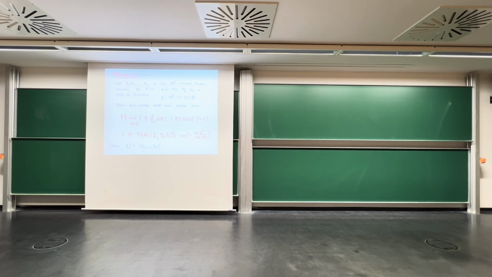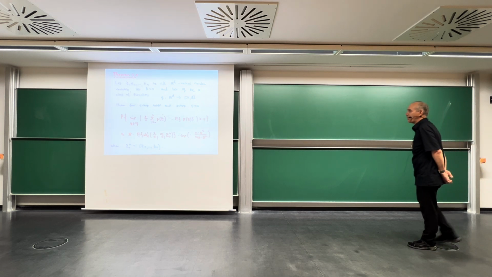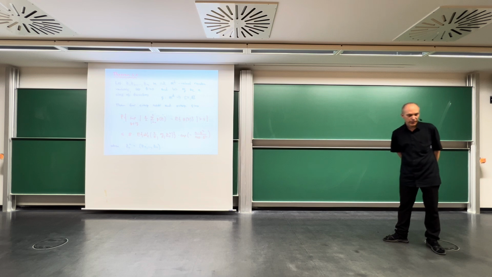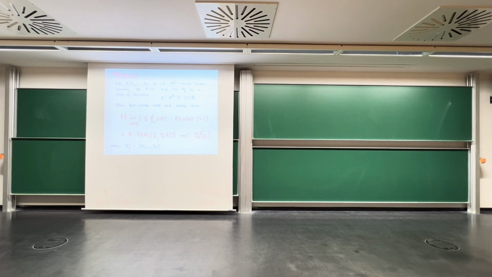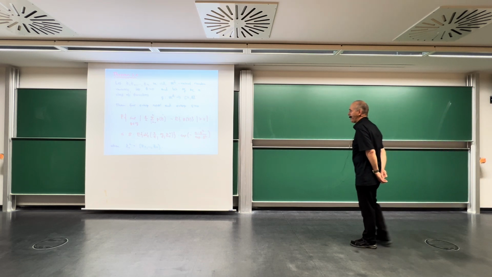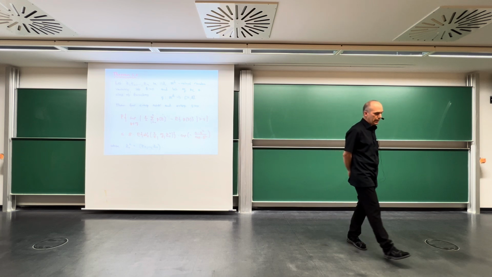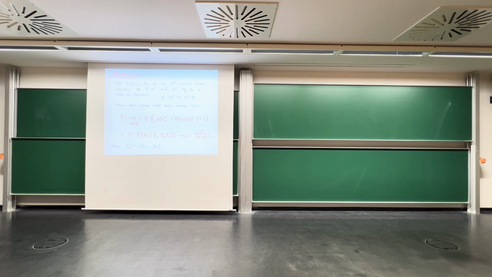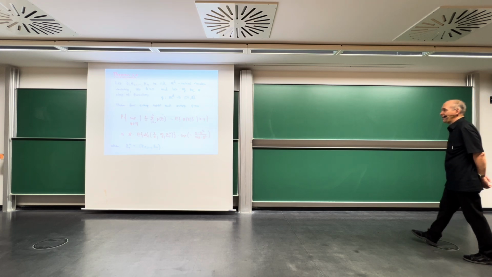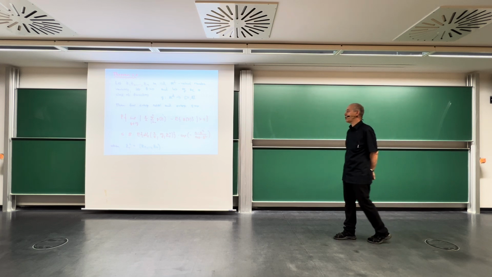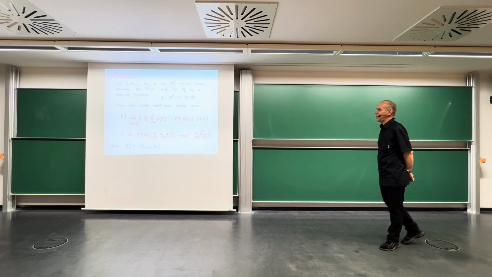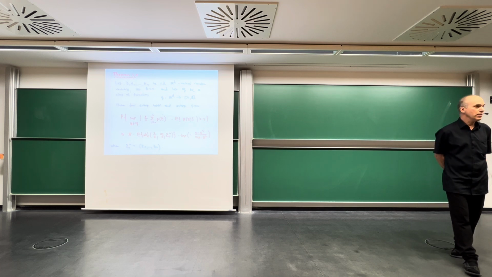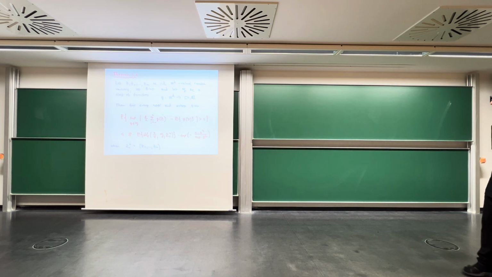More precisely, we let Z, Z1 to Zn be IID, R^d-valued random variables. We let B be a number greater than 0. We let calligraphic G be a set of functions, a small g from R^d to the interval from 0 to B. Then for every n and every epsilon, we have the following bound: the probability that the supremum over all g in calligraphic G of the absolute value of 1 divided by n times the sum i equal 1 to n of g of Zi, so the sample mean of g of Z1 to Zn, minus the corresponding expectation, the expectation of g of Z,